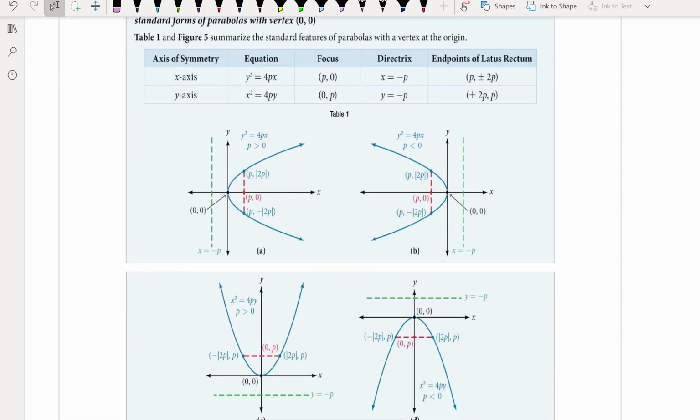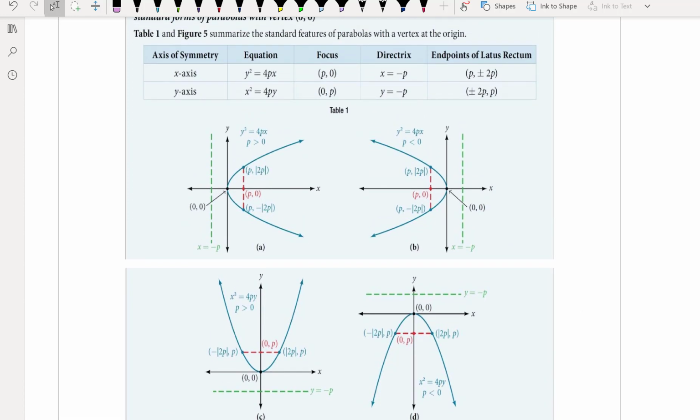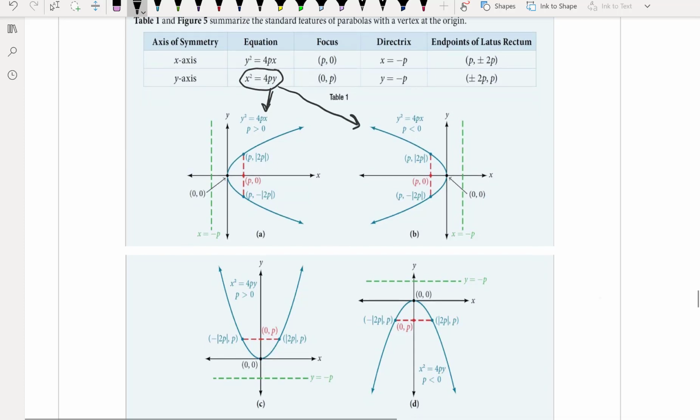Now here in this next page, what it ends up doing is it gives us some information. It tells us that if we have an opening to the left or opening to the right, then it looks like graphs A and B. So we are going to have, and notice how that axis of symmetry would be along the y-axis. So this is when the x squared is going to happen, okay? So this is for A and B. Versus if we have the y squared,